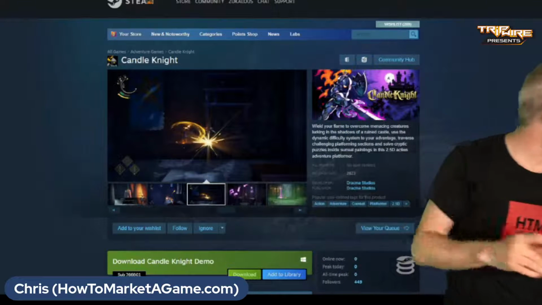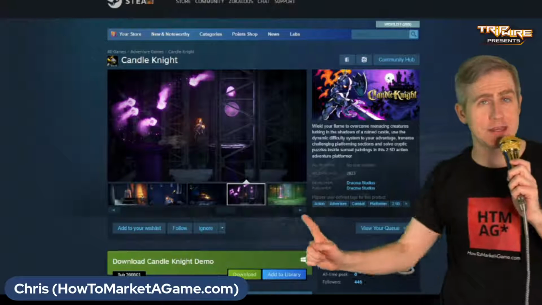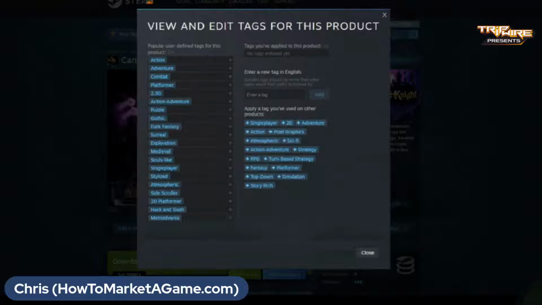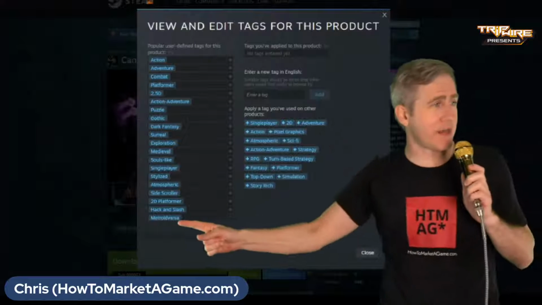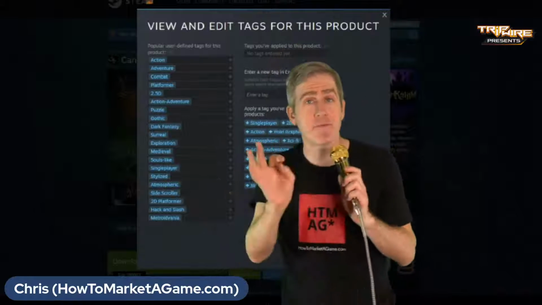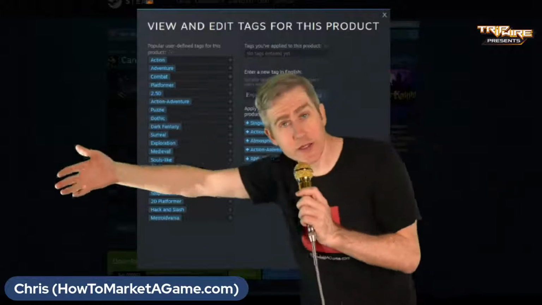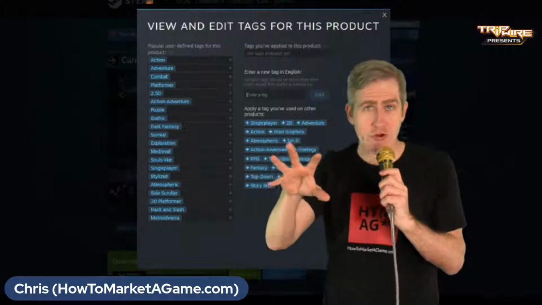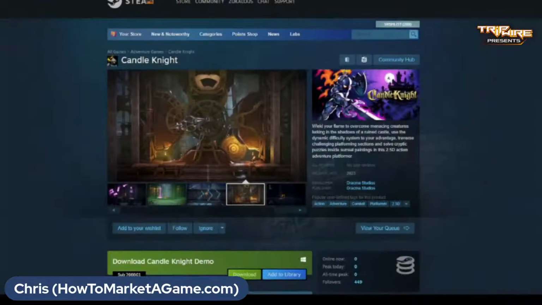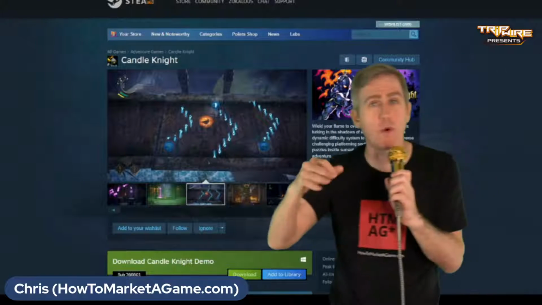So if I look at the tags, the first 5 tags do not say Metroidvania here. If I click, I do see Metroidvania, but it's way at the bottom here. That should be at the top if this is a Metroidvania. That's a very important thing. A Metroidvania is very different than a randomly generated rogue dungeon. The meta structure of a platformer game is very important. It really tells people what's going on. So you need to be crystal clear what the meta structure is.